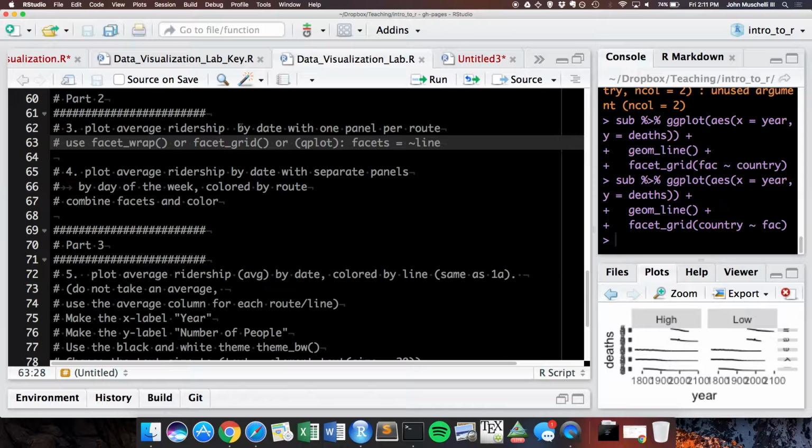We can download the lab keys. That might be a good idea. Yeah, so if you just run